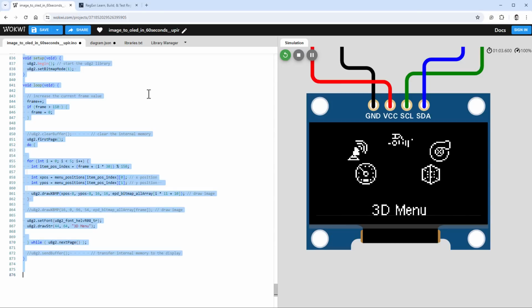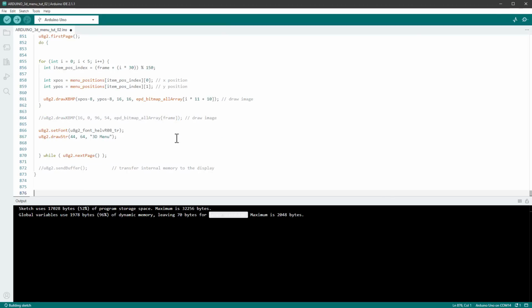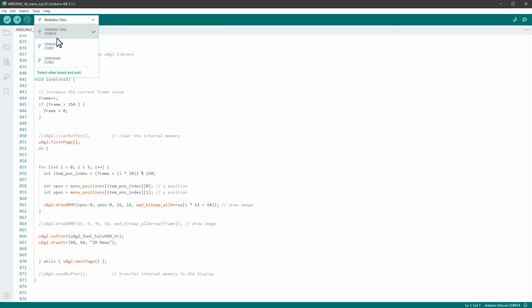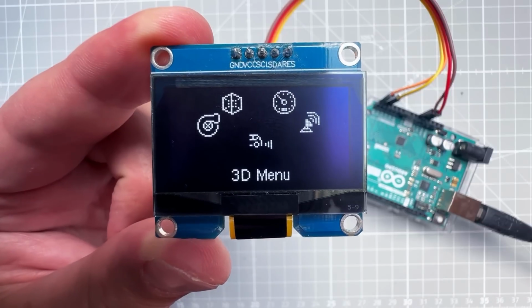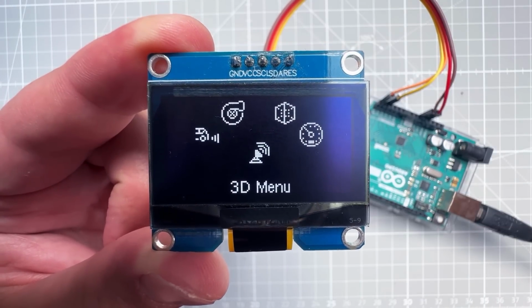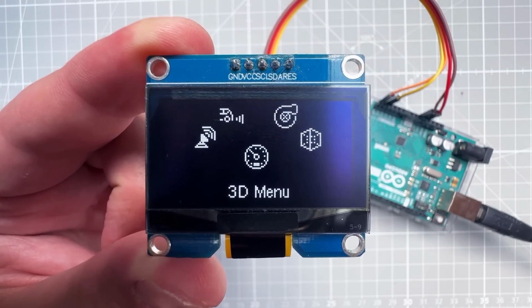So let's actually try that on the real Arduino again. I will copy the code and paste it into the Arduino IDE. Make sure that the Arduino UNO is still being selected and click the upload button. And once this is uploaded, you can see that we are now only using 60% of the dynamic memory. And of course we see the menu animation on the real OLED display, which kind of looks cool even without